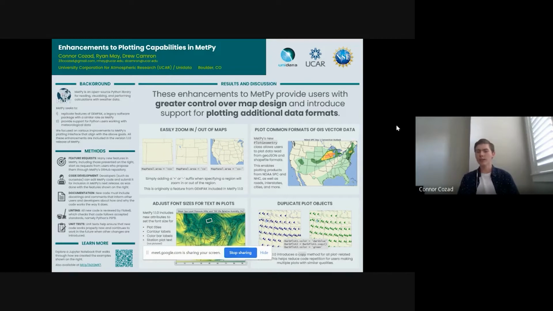So another thing that Genpack had was the ability to add a plus or a minus after that string in order to zoom in or out of the map. And that's something that we didn't have here in Metpai before version 1.1. So one of the things I worked on this summer was adding the ability to take that plus or minus and figure out, okay, how do we zoom in and zoom out of the map appropriately with that plus or